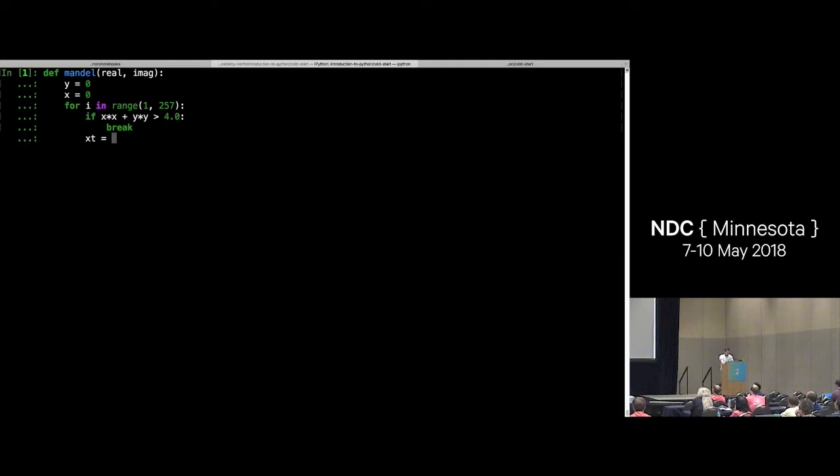Otherwise, we're going to do a little bit more math here, make a little temporary. That is the real plus x squared minus y squared. We're going to have our y get updated to be the imaginary part, plus 2.0 times x times y. And then we're going to set x equal to the temp that we created. So again, if you've done any sort of programming in any imperative language, none of this should be terribly shocking. And then we're going to return the int cast of math.log of i times 256